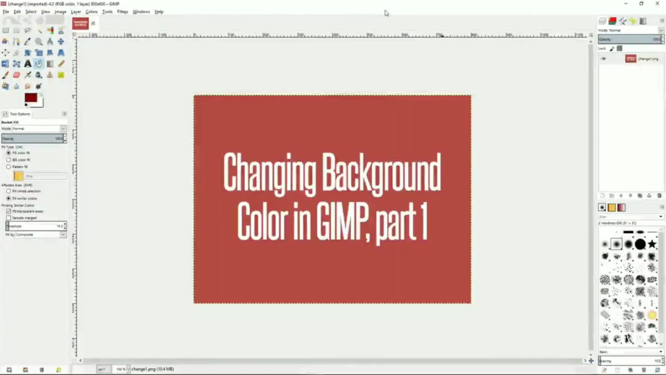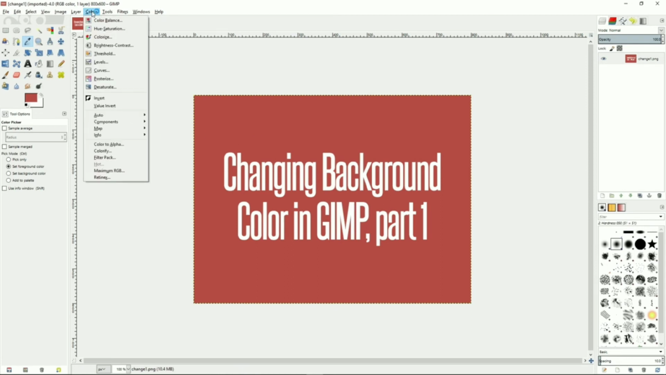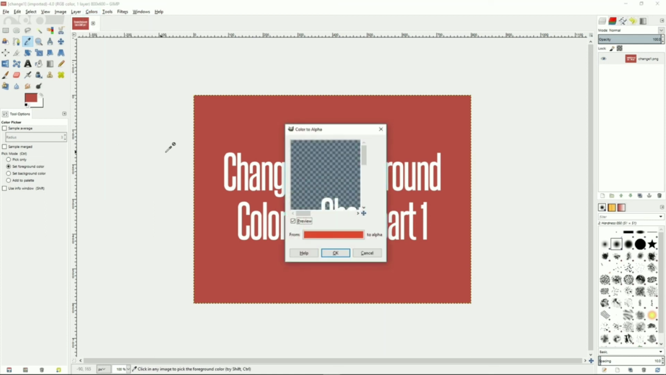Welcome to the next tutorial in GIMP. This is a very quick tutorial, part 1, about changing background color in GIMP. It's actually a very quick way to do this in GIMP, especially if you have an image that already has a background color you'd like to remove. So, the fastest way to change the color in your background is go up to Colors, Color to Alpha, and then you will see that there will be a color picker that you can pick down here,